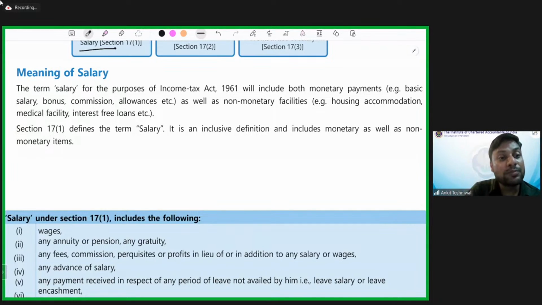Similarly, the company also provides you the facility of a gardener. There is a garden in your house, and a gardener comes and does all the gardening for you. Neither do you have to make the payment, nor are you getting any reimbursement, nor any cash. This is again a facility, right? Similarly, sometimes the company also provides allowances. For example, the company is not providing the house facility, but whatever the employer is doing,